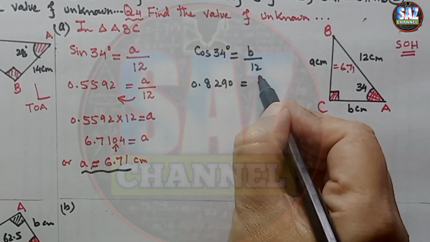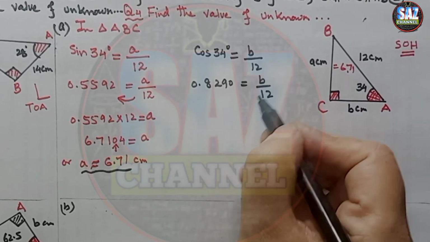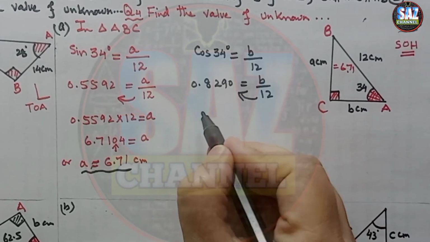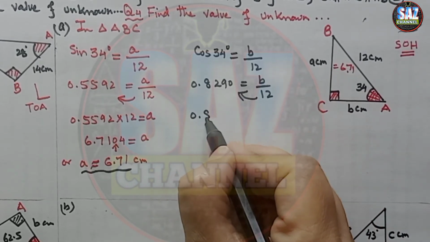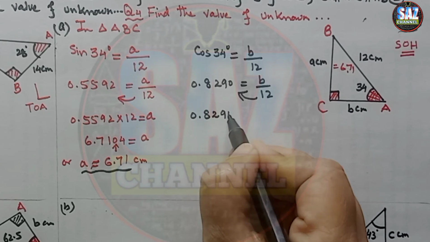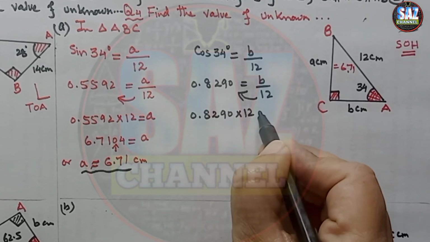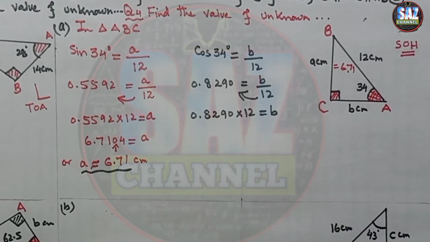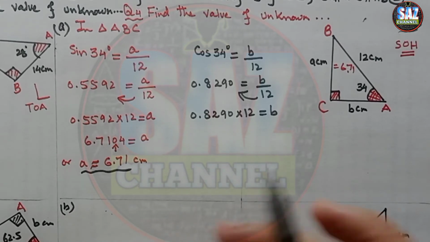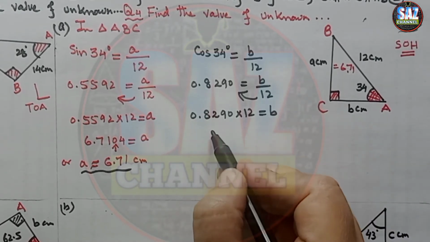0.8290 equals b by 12. Go for cross multiplication. This is how you can take actually two questions in one question. Multiplied by 12 equals b. Now multiply 0.8290 by 12 and this gives me